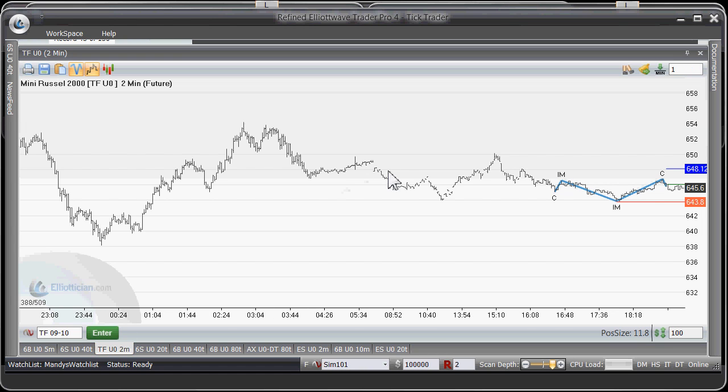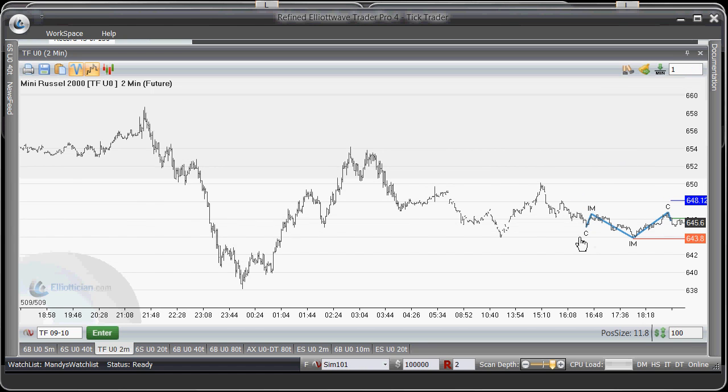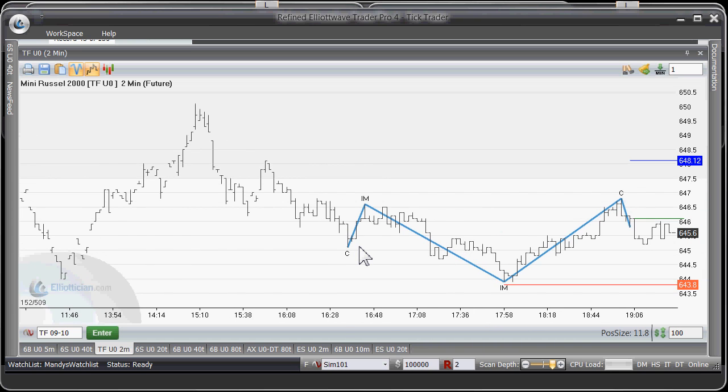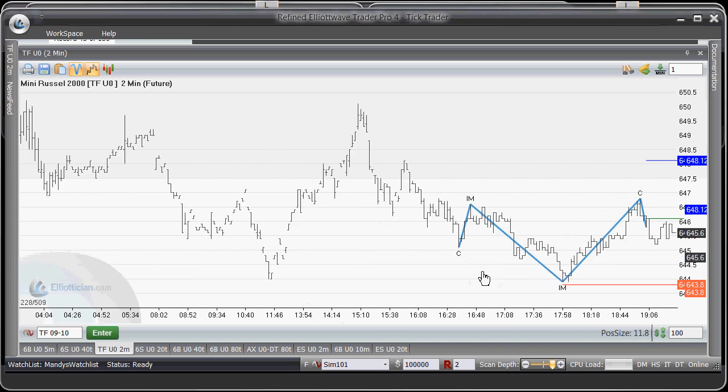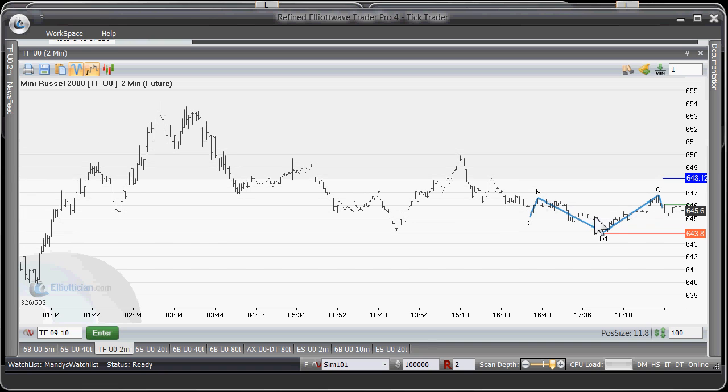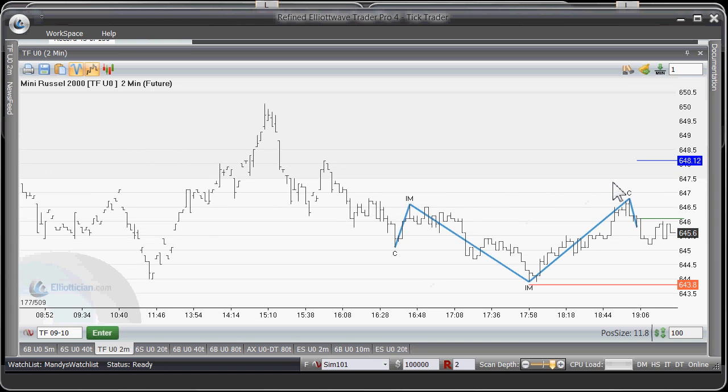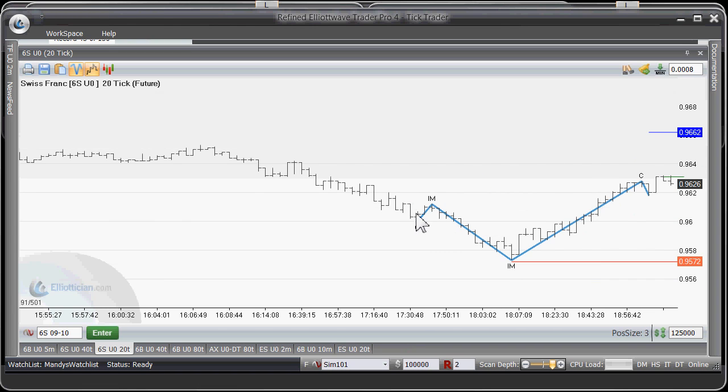We've got the mini Russell happening here, and this would be disqualified simply because, if you can see this, reasonably strong move down, although it wavers quite a lot up, but this is pulled back way too much. We need a sideways move, not a strong move back here on this shoulder, so we would disqualify that as